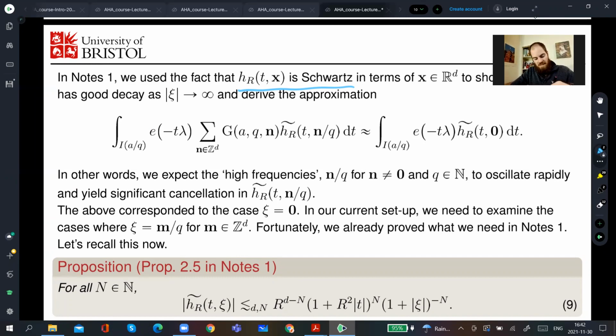Well, first off, I did state the bound with c non-zero in the first part of the course, which I'm referring to as notes 1 here. And the bound that we had was just you apply integration by parts, which is also known as the principle of stationary phase. And what we see is that we get this arbitrary polynomial decay as c goes to infinity at the cost of this term right here. So some growth depending on r and t, which we know t is relatively small. So that's going to be advantageous for us.